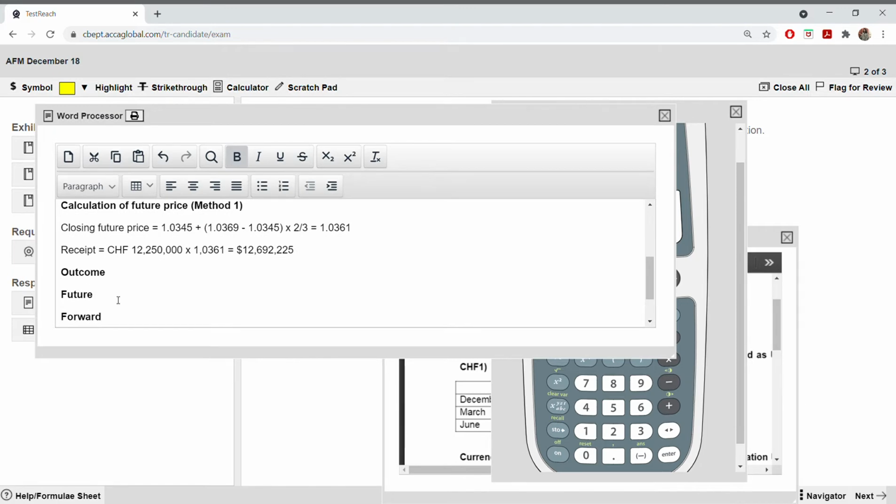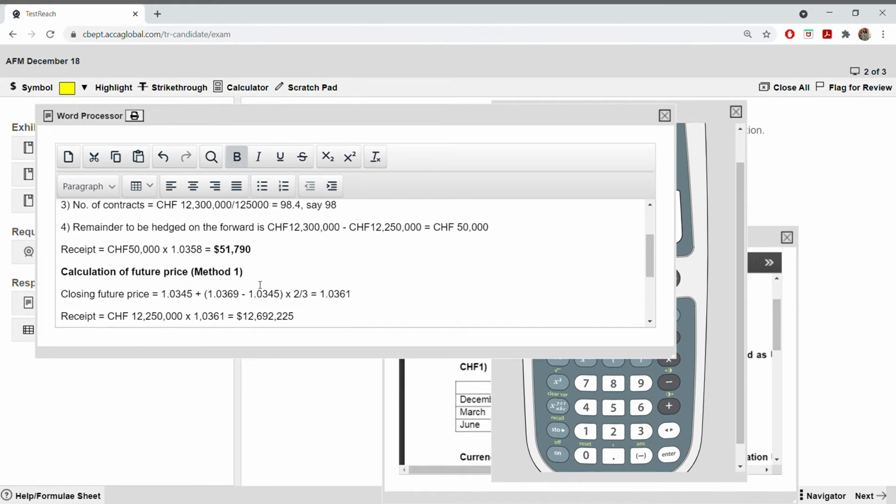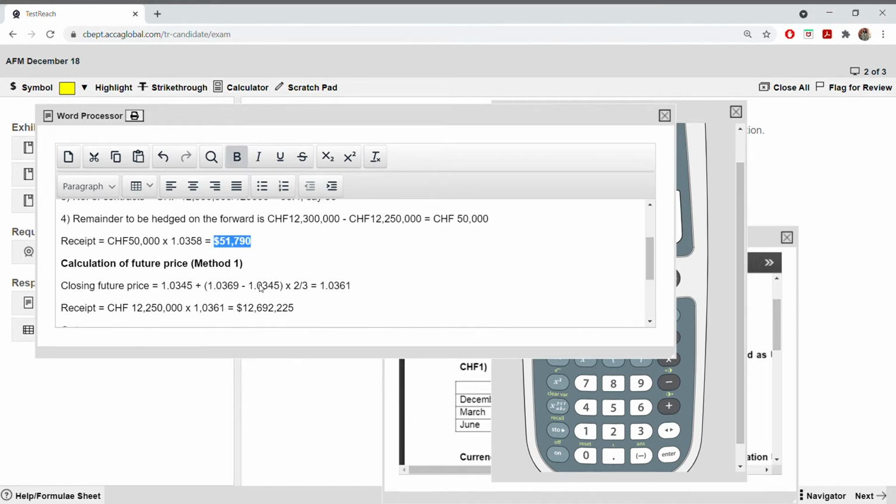Remember, this forward is not that forward, because we said exchange traded derivative. This forward we are putting here because that 50,000 which was not hedged using future, we are hedging using forward, only to show that 50,000 we are showing forward over here. So don't get confused. So now how much you're using through future? This much. Just copy paste it. How much you are using forward? This much. So just copy paste it.